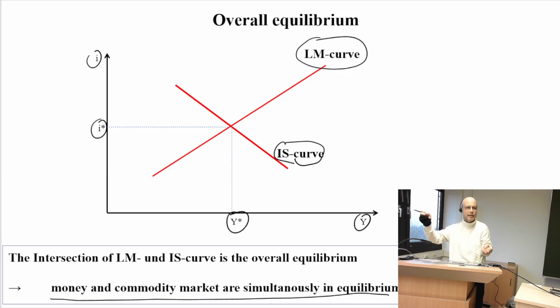Then we obtain this dependence between interest rates and income from the commodity market. At the money market, in behind, we fix income, Y1, Y2, and so on. And then we obtain a dependence between income and interest rates from the money market. And then we put both together